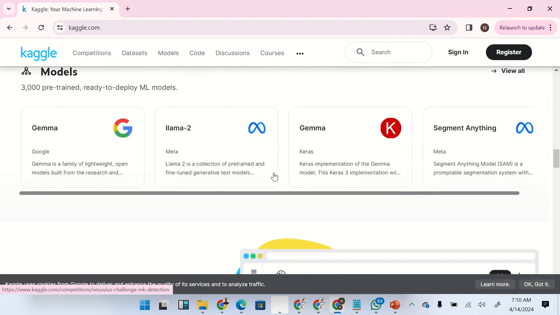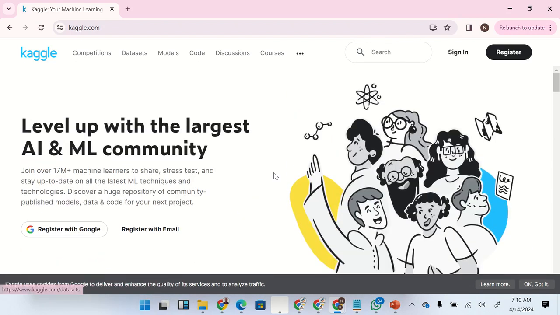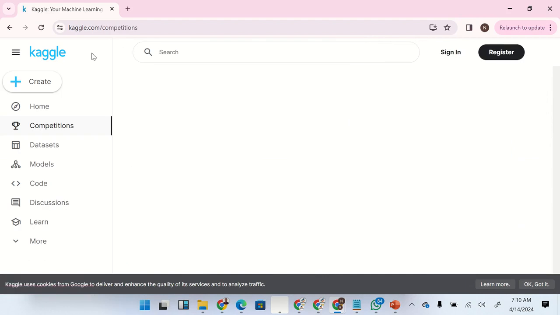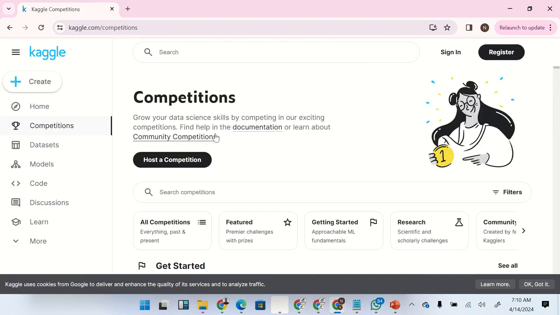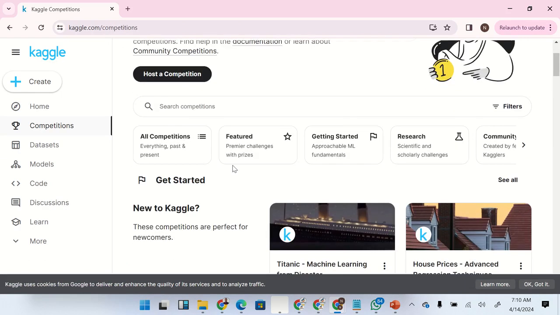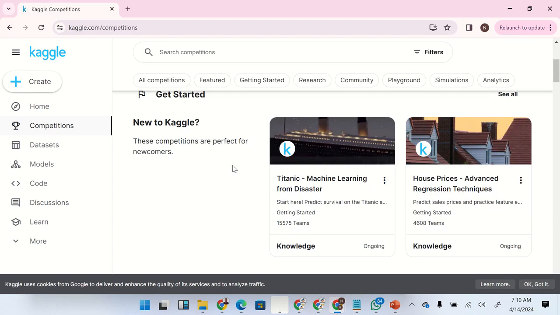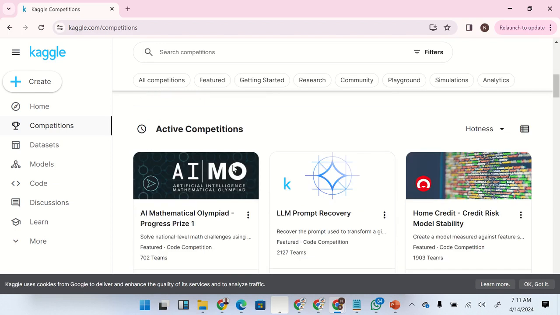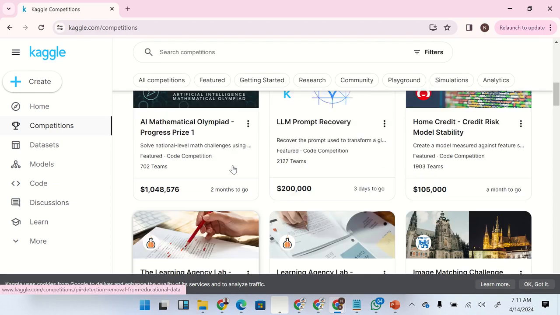Now, having said that, one more use of Kaggle is for competitions. There are competitions that are usually announced, and you can join any competition to test your skill. There are prizes to be won in most of these competitions, while some competitions are free.